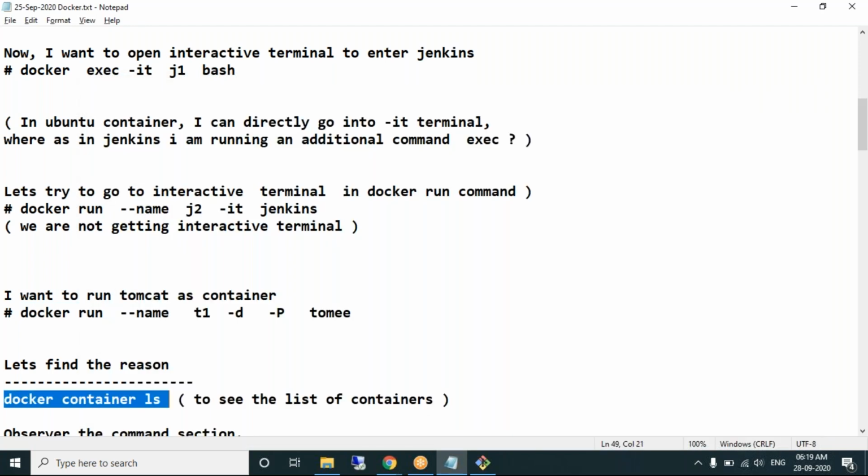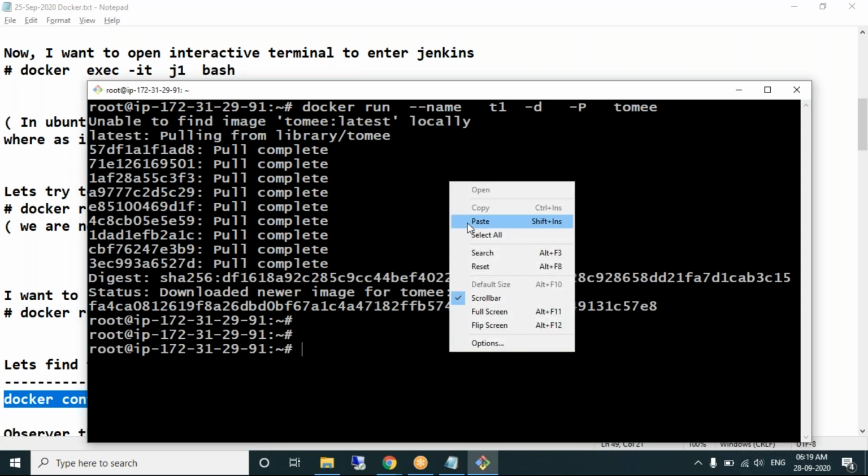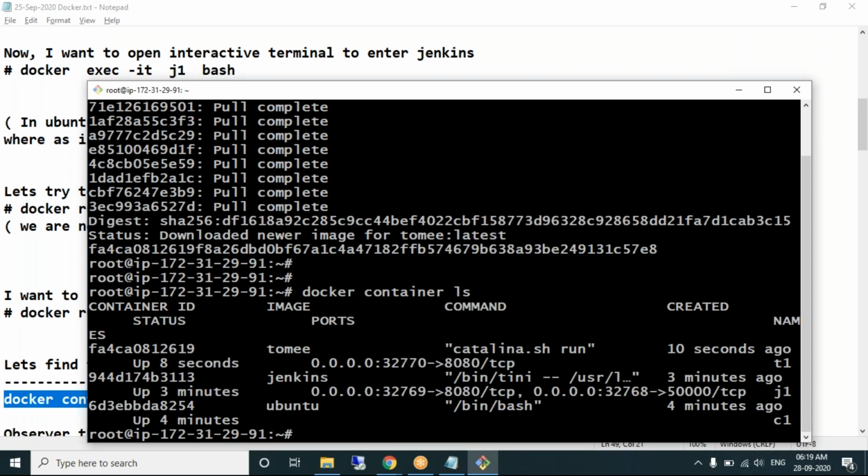See the list of all the containers. I think Jenkins, we may get it, we may not. We're getting it. Three containers are running: one is Tomcat, one is Jenkins, and one is Ubuntu.